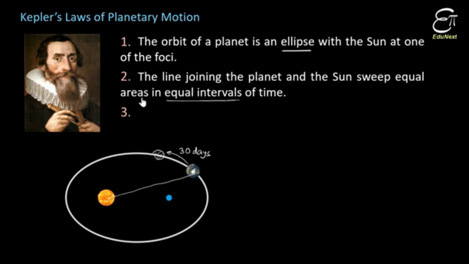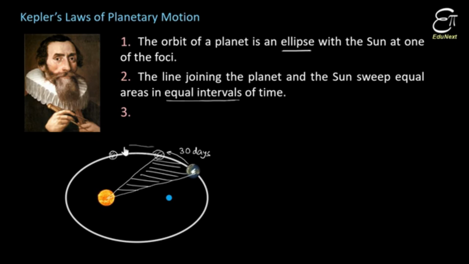Sweep equal area, मतलब ये कुछ area sweep करेगा। 30 days में Earth जो यहां से यहां पहुंच गया, तो ये जो line है, line joining Sun and Earth, ये जो area sweep कर रहा है, ये वाला area होगा। ये 30 days में ये जो line है, ये इतना area sweep कर रहा है। अब ये कहा गया कि ये जो area sweep करेगा ये equal होगा in equal interval of time। इसका मतलब 30 days बाद और फिर से 30 days बाद ये Earth जो है, let's say ये Earth यहाँ पर आ गया घूमते।